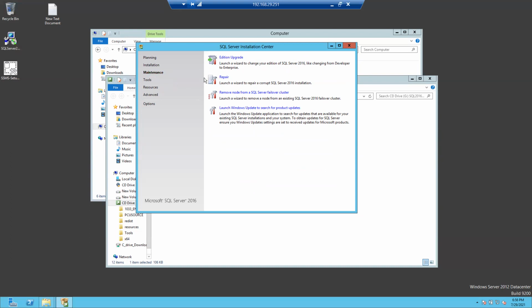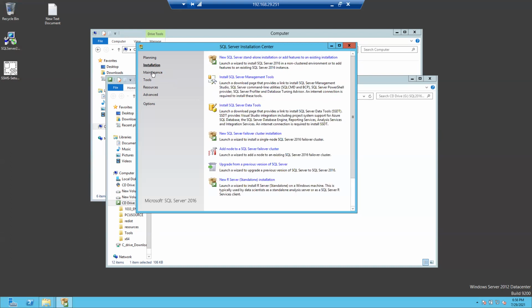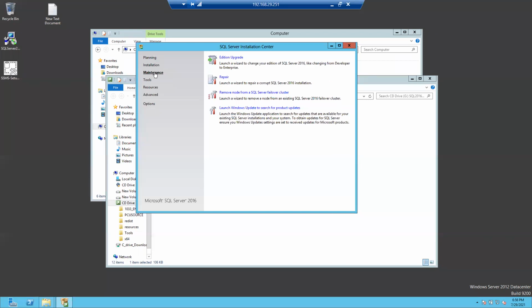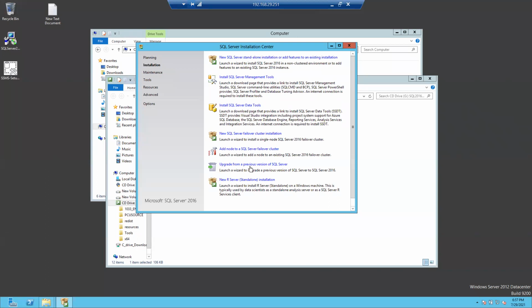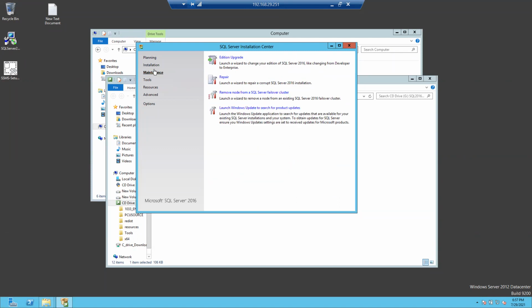So maintenance. From installation, we came to the maintenance part. Earlier in installation, I told you upgrade from previous version to the latest version. So the version you're upgrading here is SQL Server 2014 to 2016.